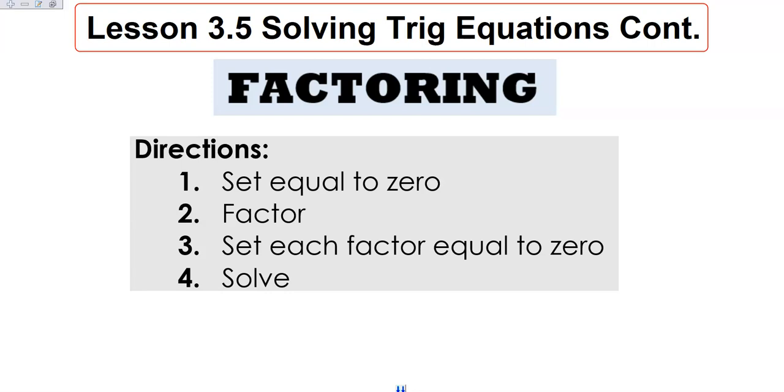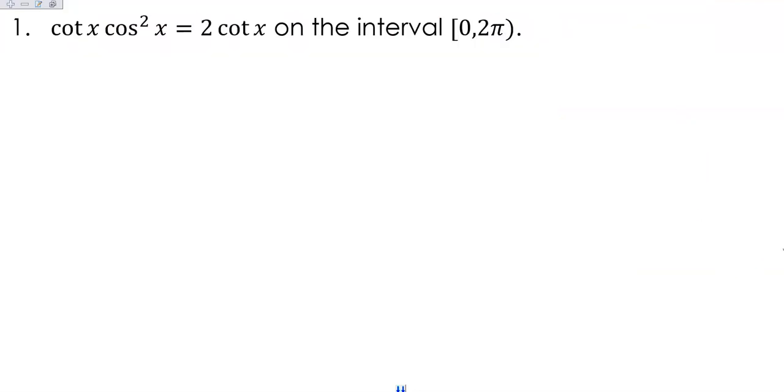All right, hey everybody. So today we are going to look at section 3.5, which is continuing solving our trig equations and just solving more than we did yesterday. So we're going to start by continuing to look at factoring. All right? So if we look at our first example here, what you should notice is that we now have